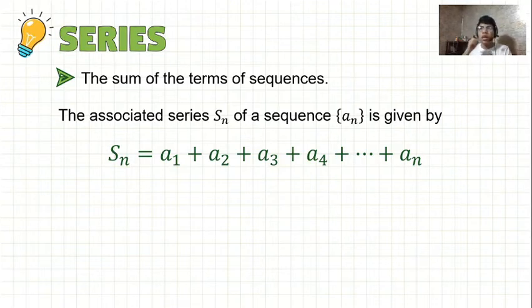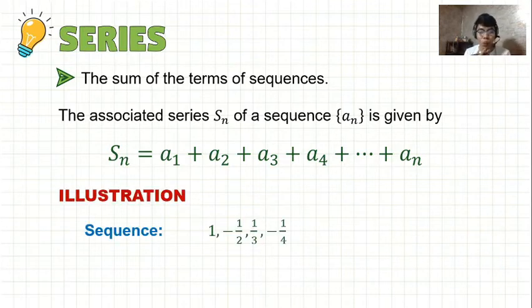Now, suppose I will just take the sum of the first 6 terms. So, therefore, until a sub 6 lang tayo at yung s sub n will become s sub 6. Nakuha niyo ba yon? So, ganun yung gagawin natin. Okay? So, it depends on your n. Okay? Now, for illustration, para mas maintindihan natin,